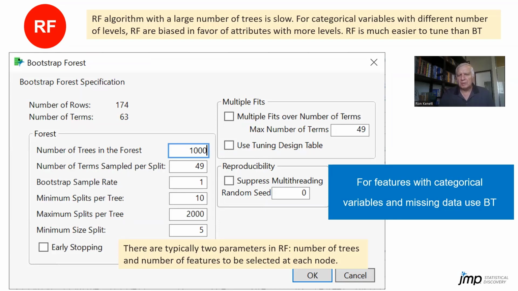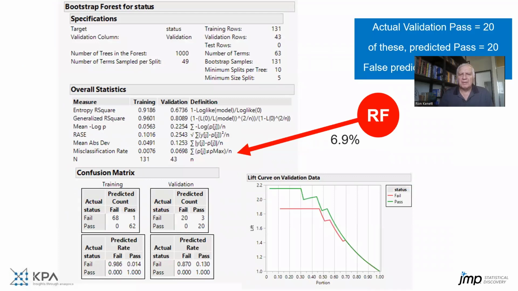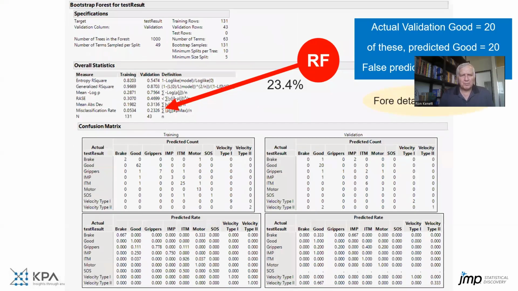And you should be aware that this is not very good if you have categorical variables and missing data, which is not our case here. Now the misclassification rate is 6.9, lower than before. On the training set, we had some misclassification. The random forest applied to the test status, which means when we have the details on the failures, is 23.4, so bad